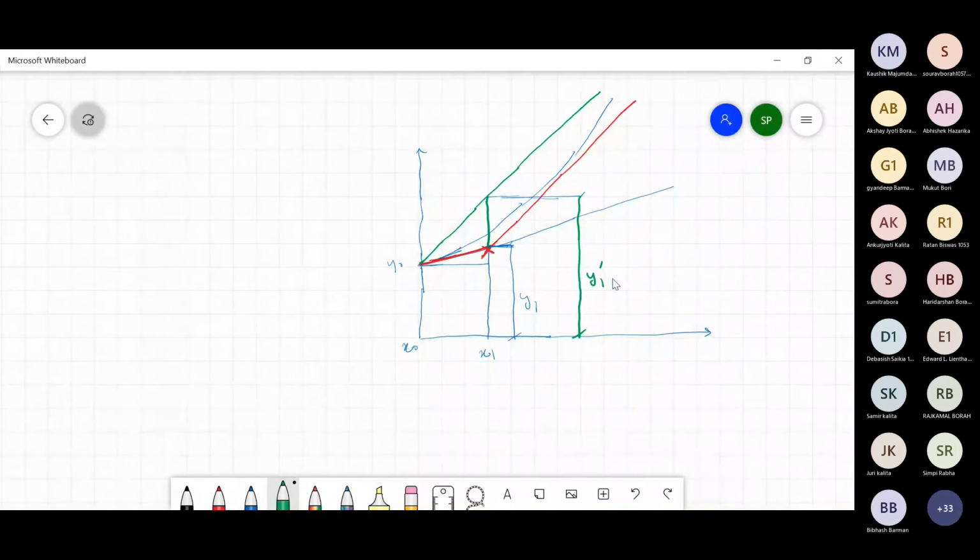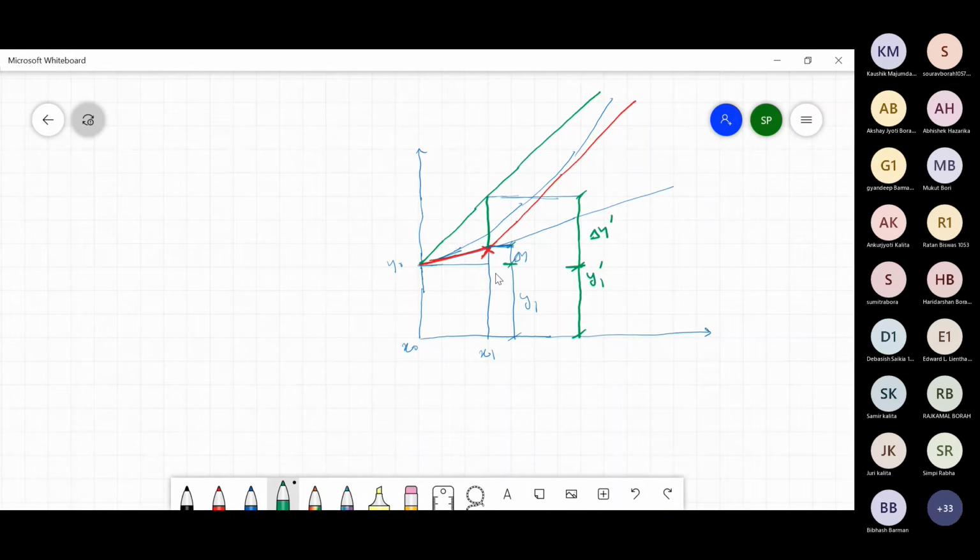Yes, sir. That means this value is your delta y, and up to this much is delta y dash. Delta y dash means this fellow: the tangent, the slope drawn at this point y1, and I am drawing this same line from the original, and after that I join this, and from here to here, this is delta y dash.